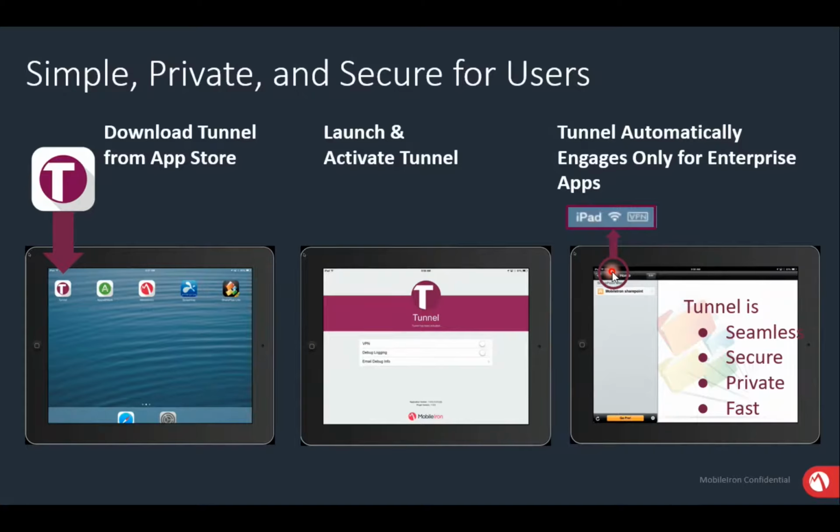For example, they have Safari, and they are using Safari for accessing SharePoint, and they are also accessing Facebook at the same time. Whenever they open Facebook, Facebook traffic doesn't go to the tunnel. It will take the direct internet connection. When SharePoint is accessed, it will trigger the tunnel, and the tunnel traffic will go through the Sentry.